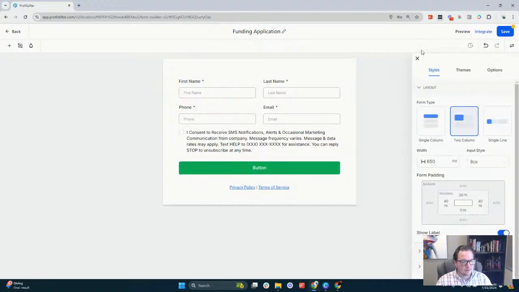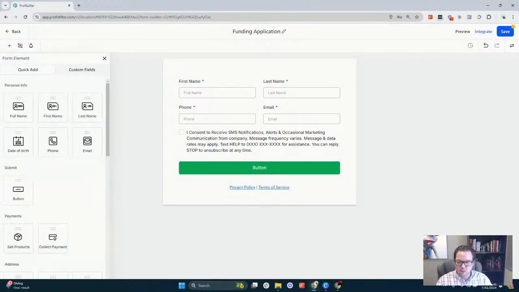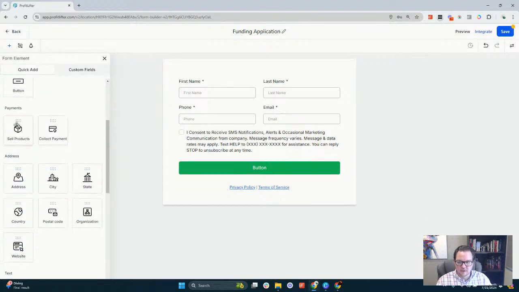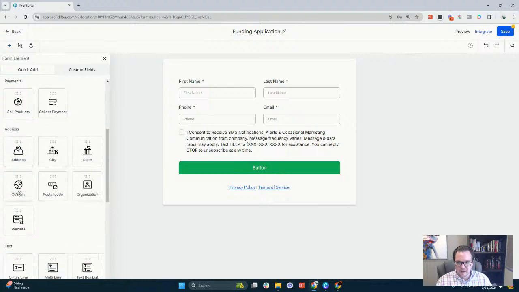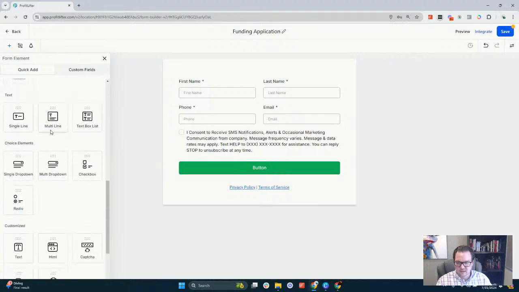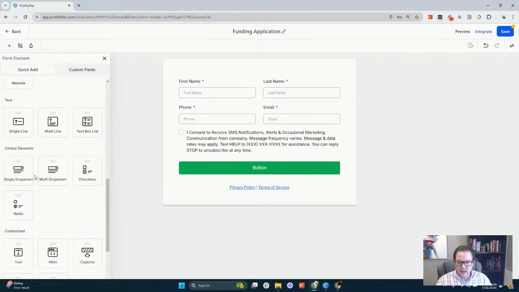Okay, now this is going to be all of our personal information. Now, when you're building your forms out, it's going to have a lot of these quick add elements in here that you can put like full name, first name, last name, date of birth, email, phone number, all that fun stuff, address, website, text, all these different options that are in here. But for right now, what we're going to do is we actually